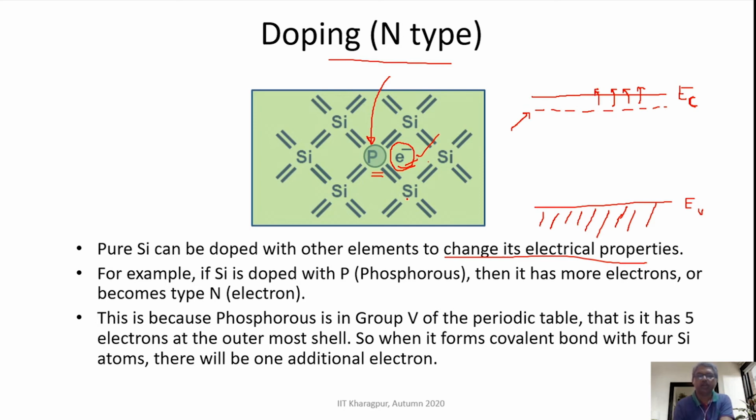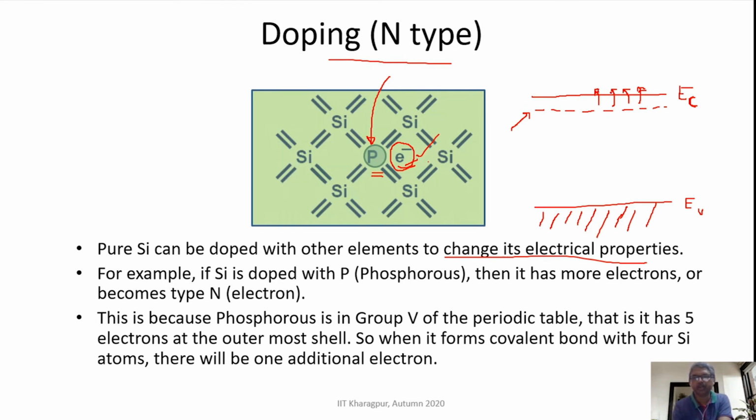In fact, these phosphorus atoms are known as donors, because they donate the electron very easily to the conduction band. So one important point in the case of n-type semiconductor, which is also true for p-type semiconductor, but let's only